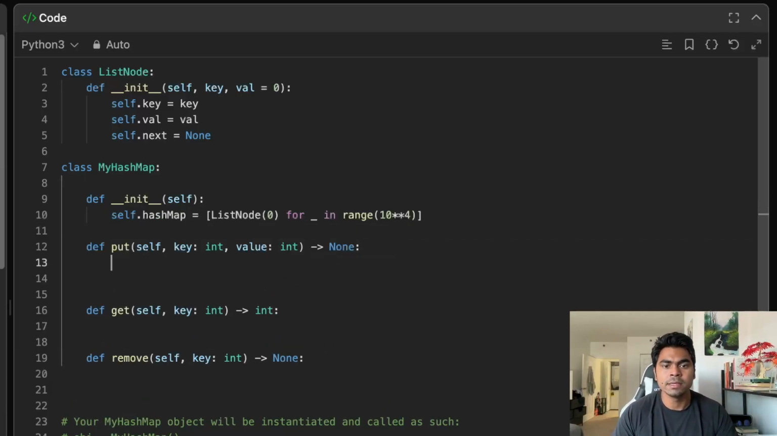Now let's put something here. So in order to put something, first I want to get the reference to that dummy node we created for that particular index. So I will get it from self.hashmap. So this right here,